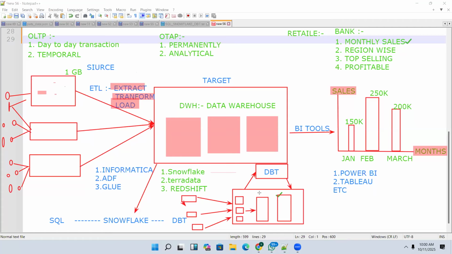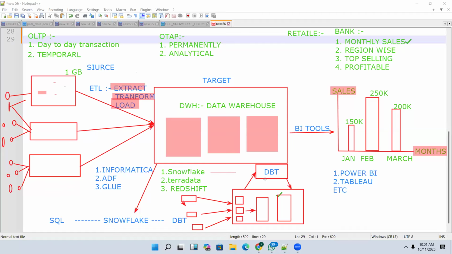One more question: can we do the transformation within Snowflake? We can do all the transformations within Snowflake by writing some logic, but compared to the code complexity, you need to write too much procedure. Instead of writing a very huge procedure, by using DBT the work gets simplified. That is the main use. And it is also cost effective, guys.